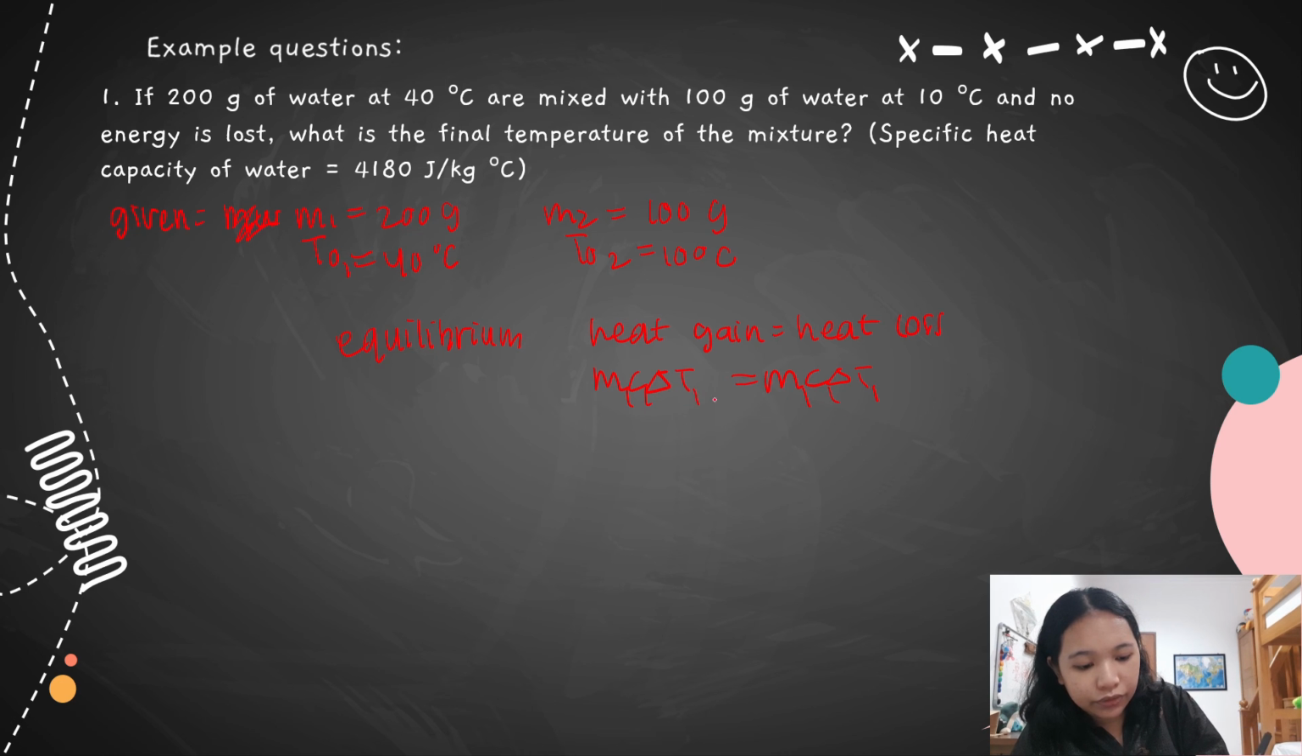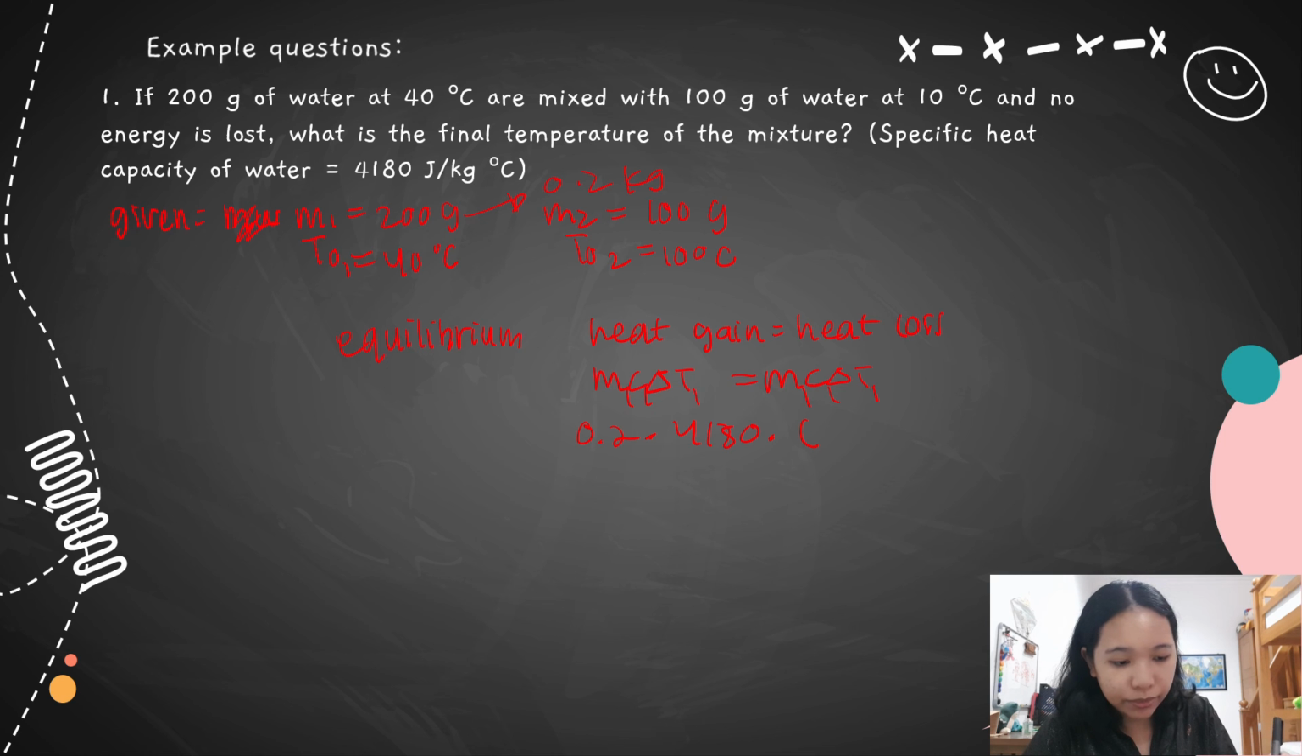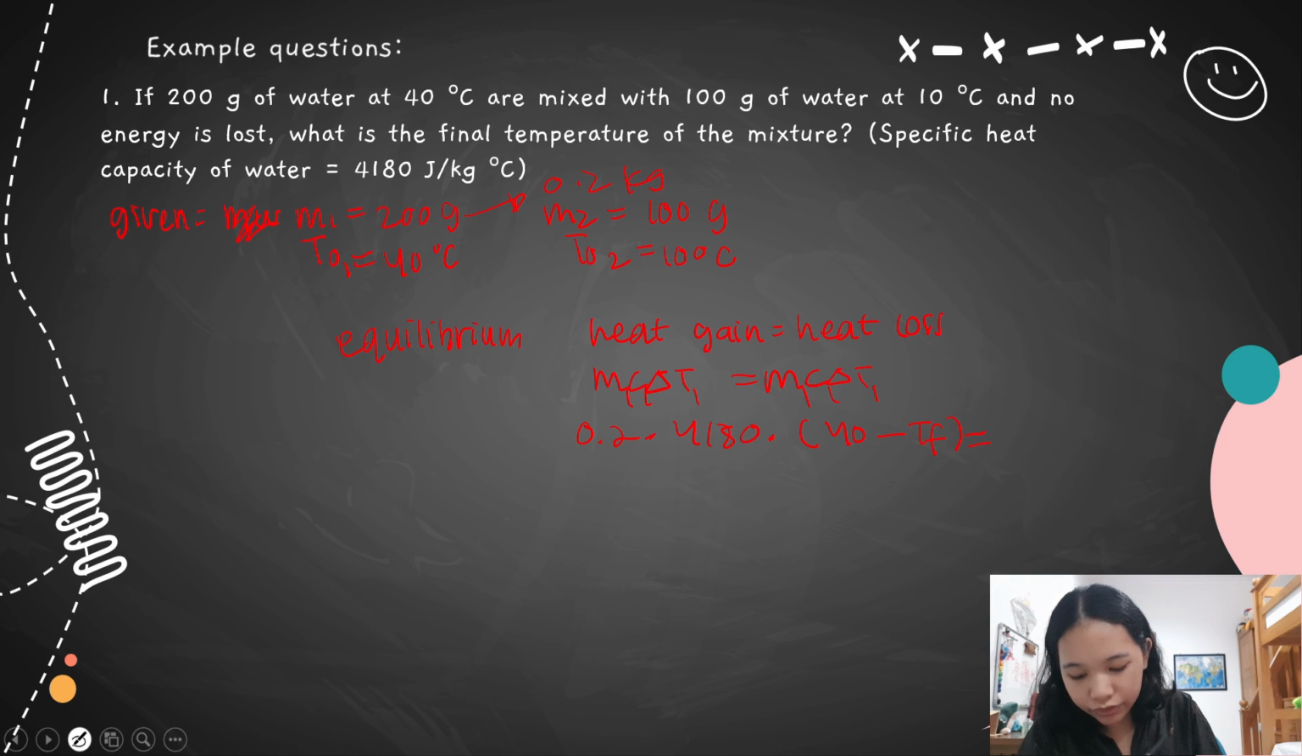So, for the first one, which is the one that is given, this is the heat loss, because it is at 40 degrees Celsius and it gives heat to the lower temperature. So the mass we need to change into 0.2 kilogram. So 0.2 times C, which is 4,180, times the change in temperature. Because this is higher, we are giving away heat, so it must be bigger than the final temperature, because when we are giving heat, it gets lower because the heat is reduced. Equals to